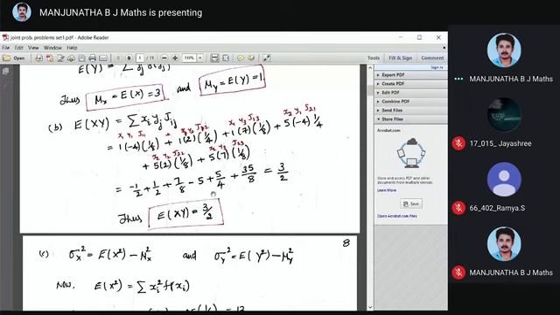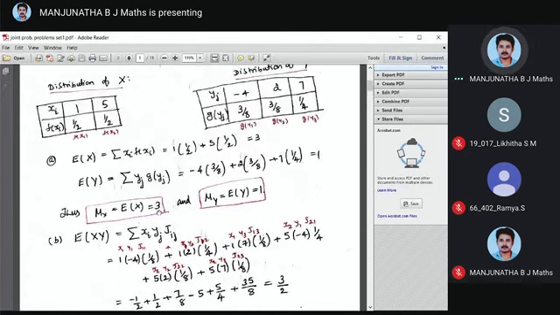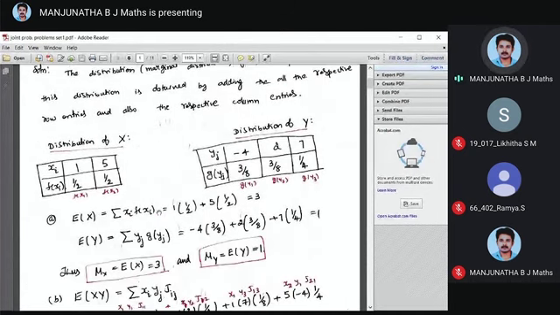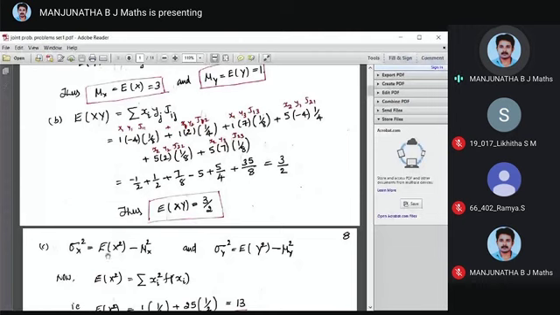Any doubt? No, sir. Okay. Next, I want sigma x square. See, already mentioned, I go through this result. This is the easy way, sigma x square, instead of taking x minus mu x, all those things. Sigma x square is what? Expectation of x square minus mu x square.